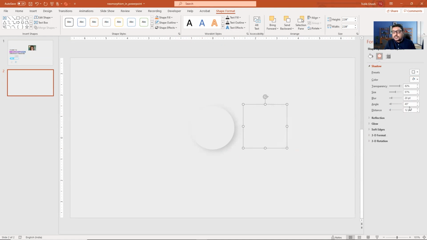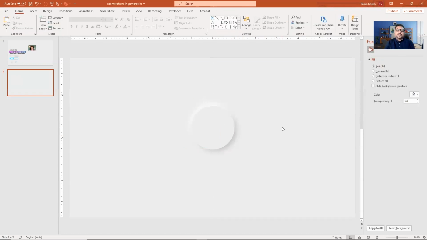Distance again 12 is okay. Size is okay. And the angle I will change to 240 degrees, which is just diagonally opposite to this. So we will just place this object on top of this.